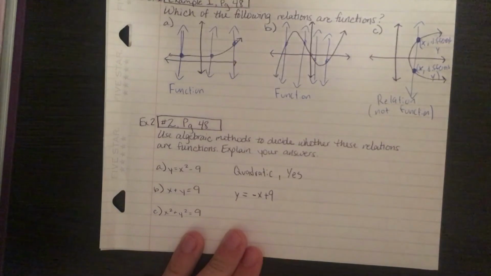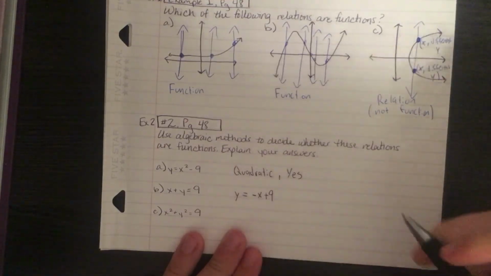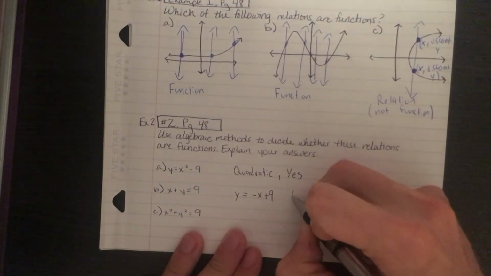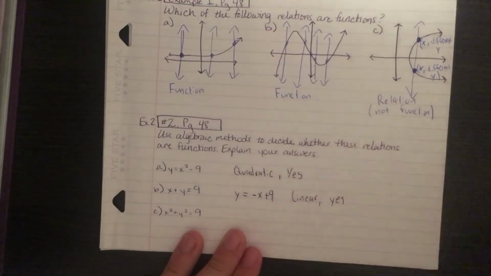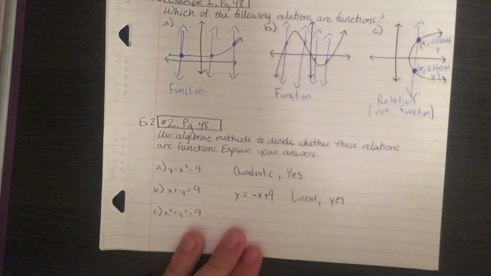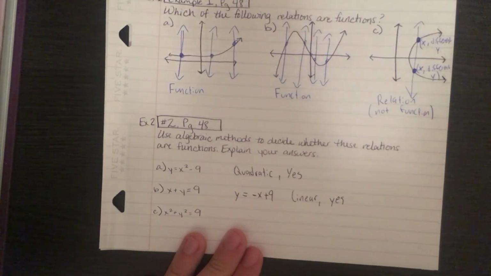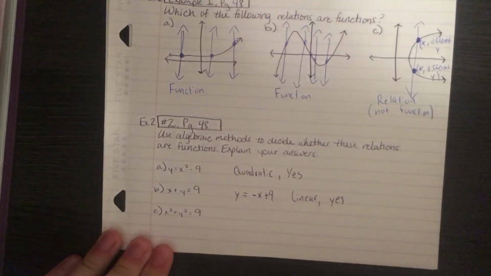And again here, we're not in a situation where we have multiple x values. If you graph this equation right here, it's actually just going to be a linear function. And we would say, oh, okay, yeah, sure, that is a function. You can only draw a vertical line through it. Now, to make it a little bit clearer here, on this last one where we're saying use algebraic methods to decide whether these relations are functions,